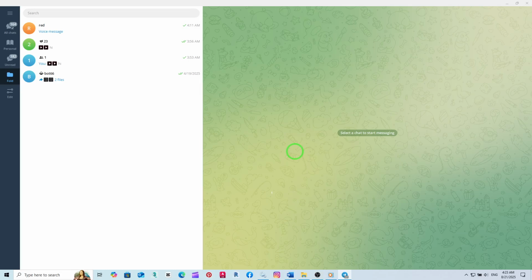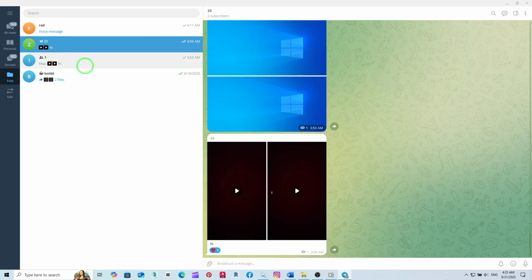Next, head over to the channel where you want to remove a reaction. Channels are typically listed on the left side of Telegram's window, so scroll through and click on the exact channel to open it up. Once you're inside the channel, scroll through the messages and locate the one with the reaction